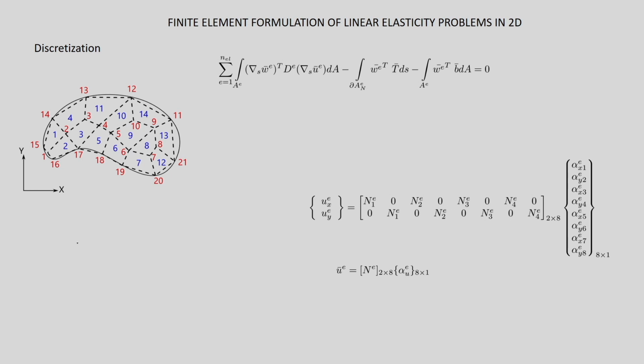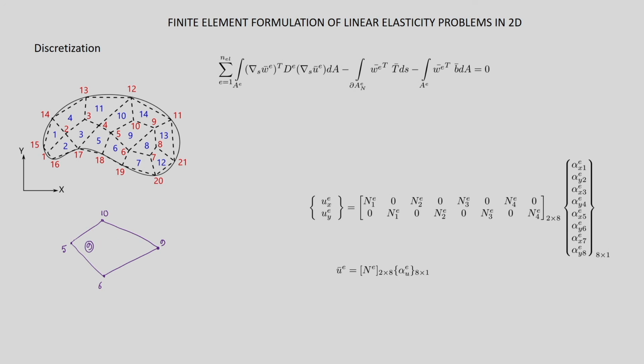So now let us look at element 9. If I look at element 9 and exaggerate it a little bit, it looks something like this. So this is element 9 and the nodes are 5, 6, 9 and 10. So these are the node numbers. Now the purpose is to represent the displacement of a given element E. In this case we have taken the 9th element.